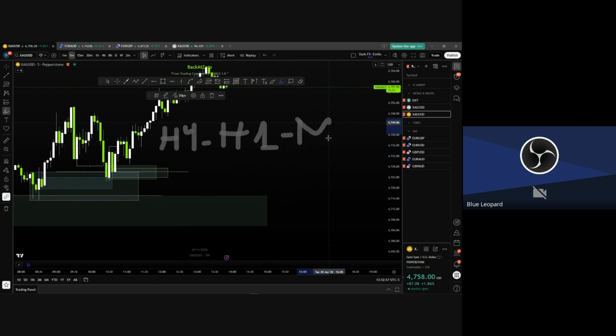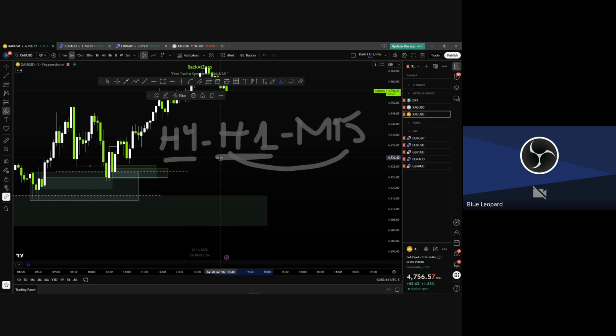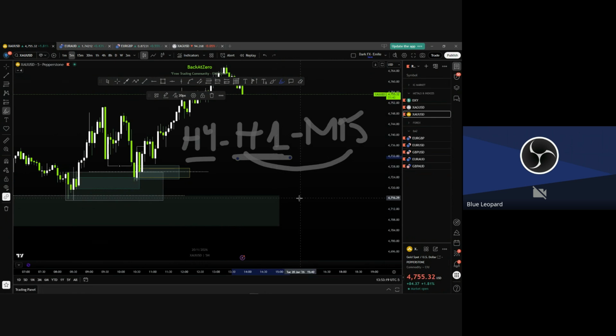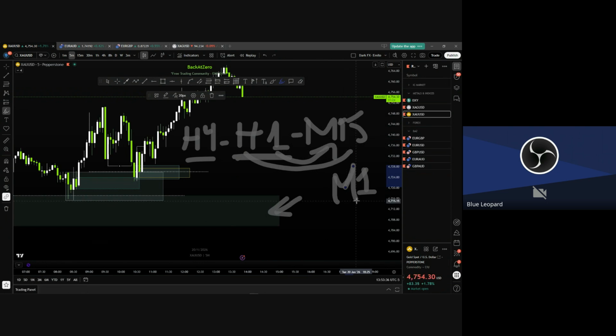H1 or M15. These two will give you options, according to how you see the candle. Some people are used to looking at the candle in detail. Some others don't want too much noise. That's why you have these two options, but you can use them together. But from H4, you should mark your H1, and that's the one that we marked here. That's one. It's the H1. Then we dropped on M15 from H1 to mark the next touch. The next touch is on M15, and from M15 we go to M1 now. Okay, H1 to M15 to M1.